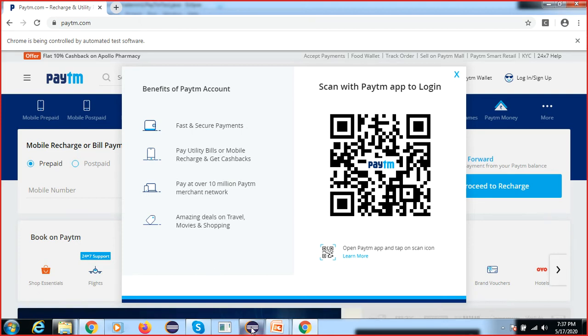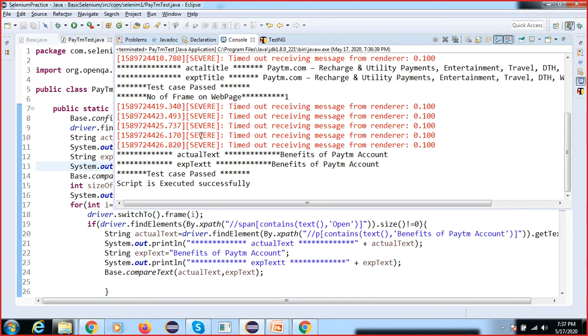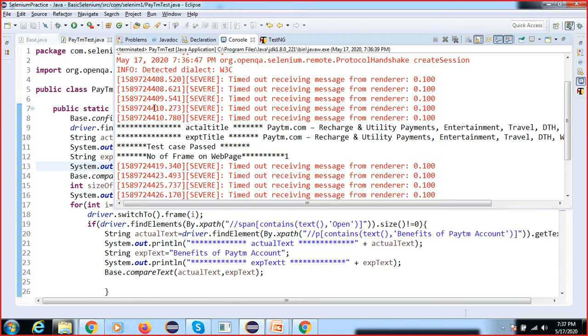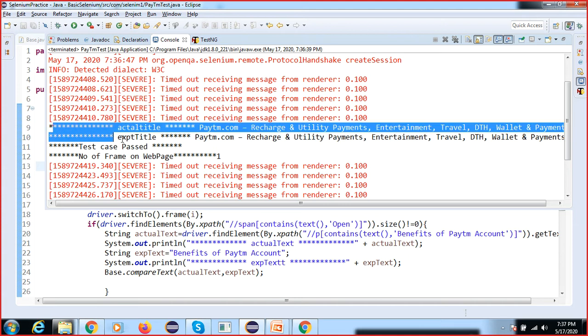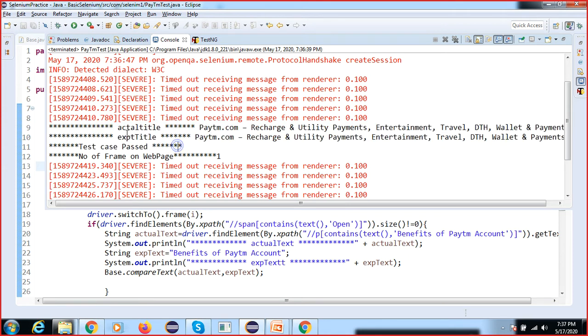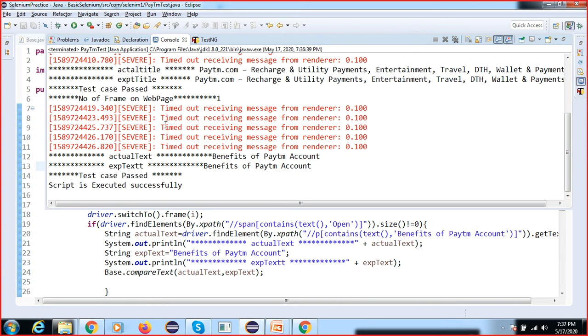So let me check this. Now I'm not getting any exception. If you use this display, then you will get it on the console also. Everything, actual and expected, is correct. This test case passes. This is one validation, and this is another validation. Okay, so this is one way.